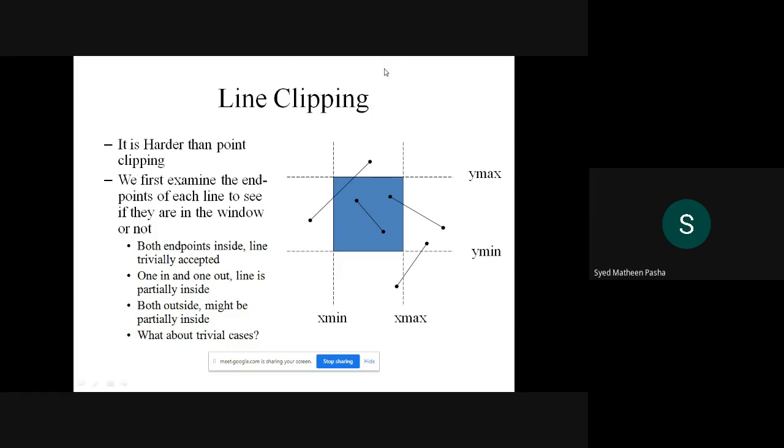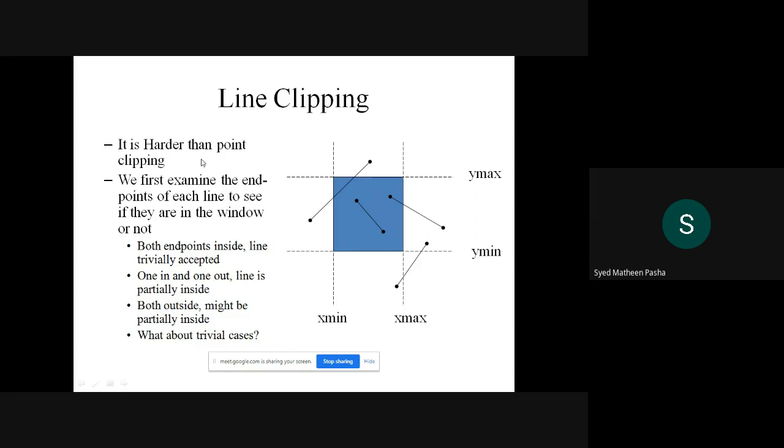So to draw a line, what is the basic part you want? You require 2 points, right? So you need to remember that here. Once the point clipping is done, only when the point is visible can you draw a line, right? So with respect to points, you are extracting some lines. We'll check out some of the points in line clipping.